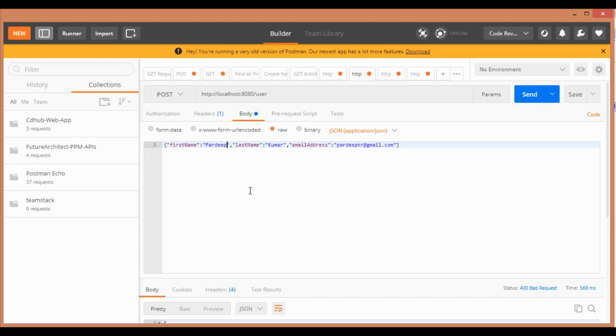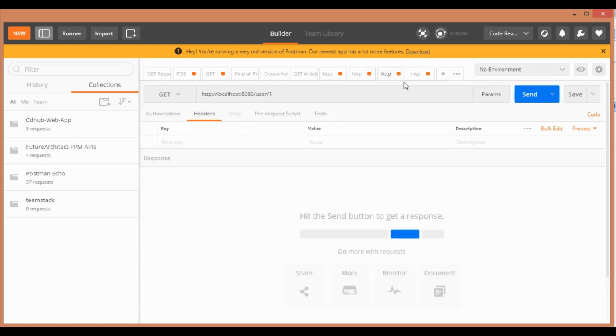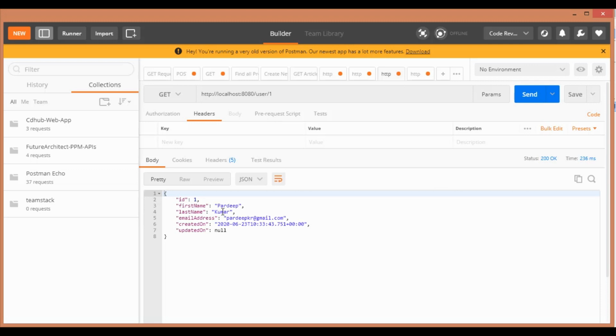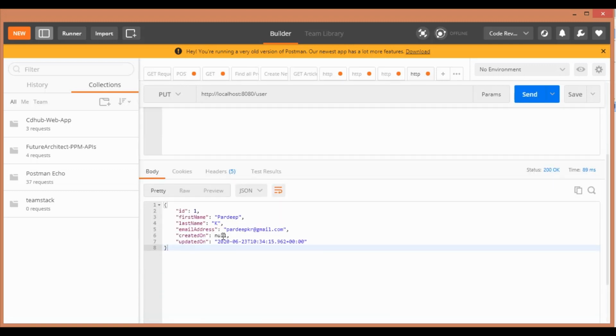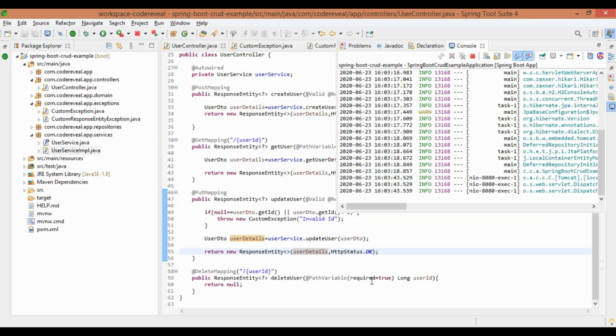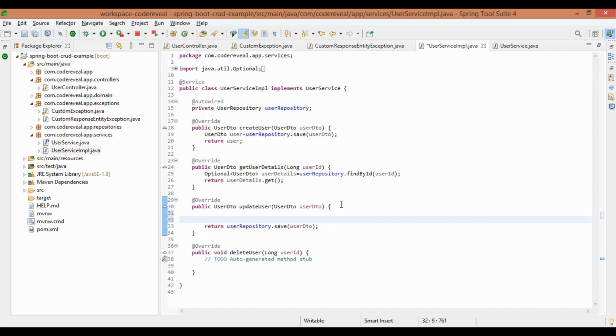Now if we update these user details, so this is what we have updated. From the get we are getting this, but let's add one ID here and update it with K, and you can see the create date is null. To fix this, let's add some more code here.